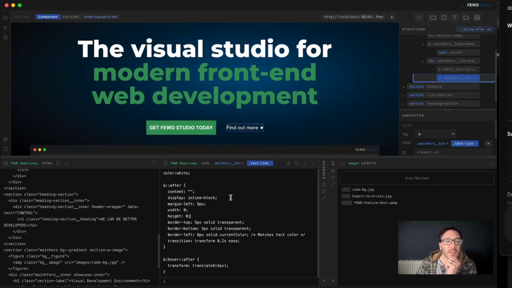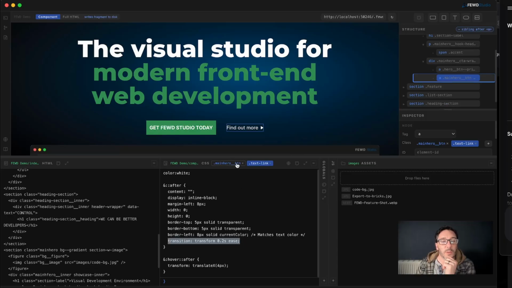And create shapes and everything. This one is really geniusly done, new word, to create a caret using a border top, border bottom, okay, and then a border left. And this is fantastic. Matches the current color. Take note of that one. That's a nice little trick. And then we've got the transition, transform